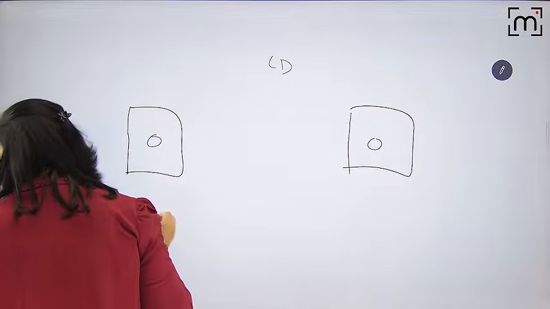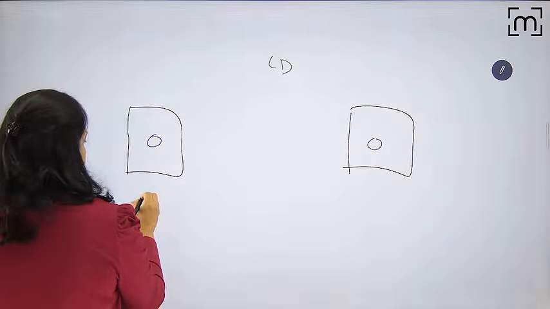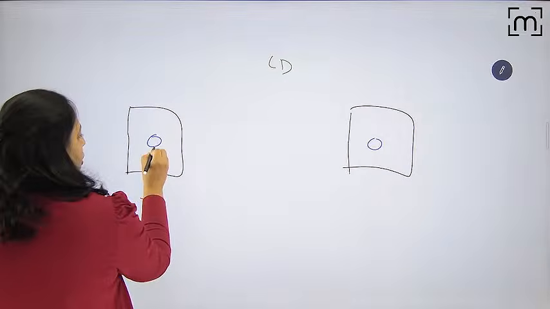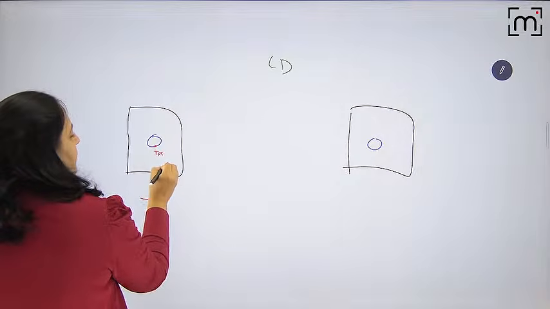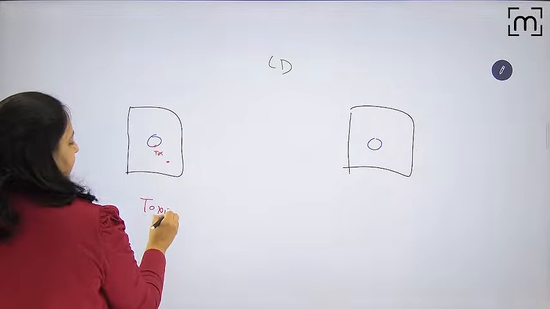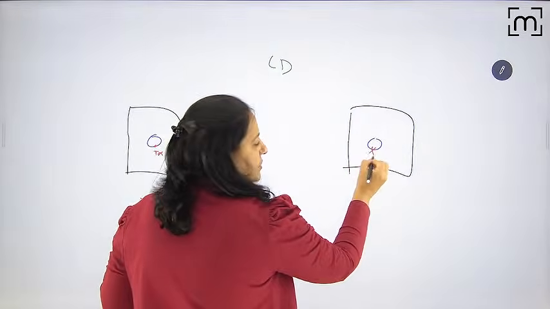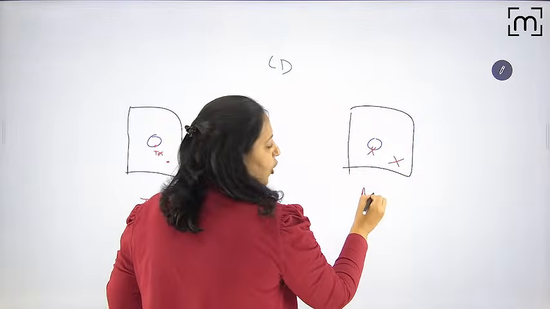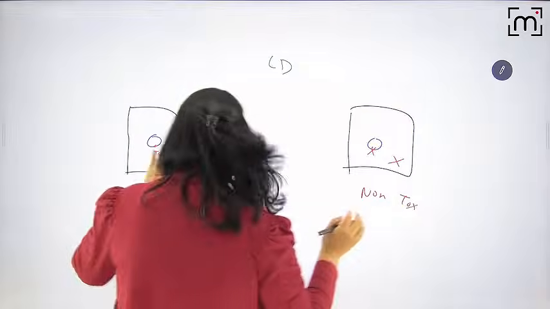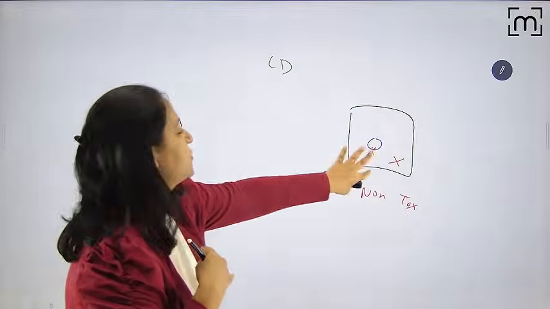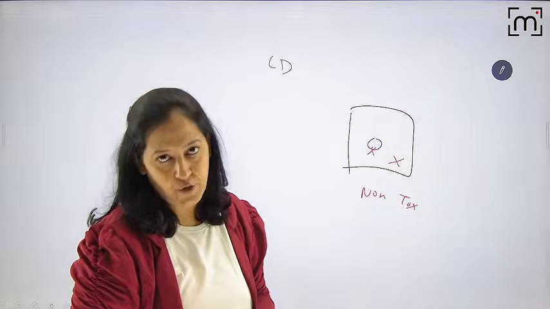Now the first one has the tox gene, so it can form toxin. This one is known as the toxigenic strain. It can cause diphtheria. It's pathogenic. The second one has no tox gene, so it cannot form the toxin. This is non-pathogenic, non-toxigenic. If this one entered me, I will have diphtheria. If this one entered me, I will not have diphtheria. I hope you got it.